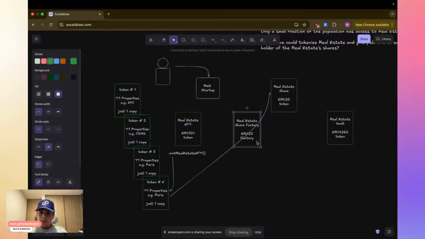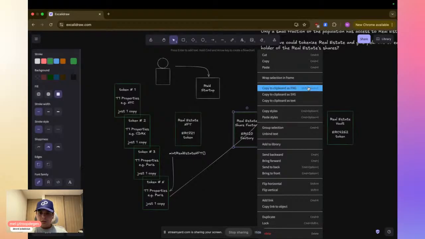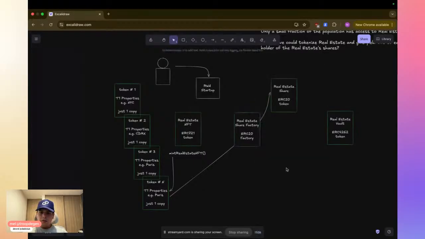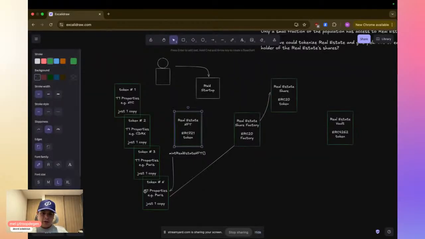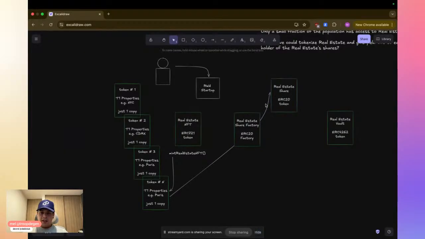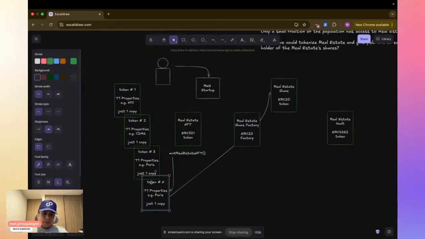So whenever we create a new token, it is also going to trigger this real estate share factory, and the share factory is going to emit the ERC20 token that we need, linked, of course, to this new NFT, the real estate token, because if we're going to emit shares on behalf of that NFT representing a real estate property, we need to have it deposited and logged